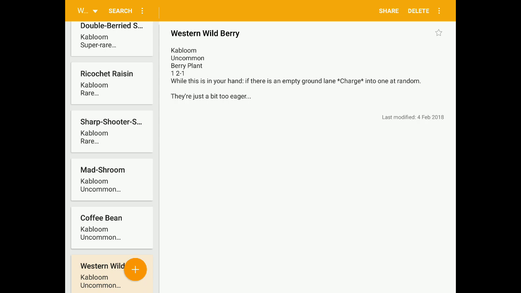Western Wildberry, Kabloom Uncommon Berry Plant, 1/2/1. While this is in your hand, if there was an empty ground lane, charge into one at random. So, since I used the charge mechanic with Vigilantry, I hadn't planned to use that in that set, and it was kind of a last-minute addition. So I thought I should try and make a couple extra cards based around this mechanic, so it doesn't feel like it's just kind of shoehorned in. And I felt like the Kabloomy class was the best class to add in this mechanic. So, this